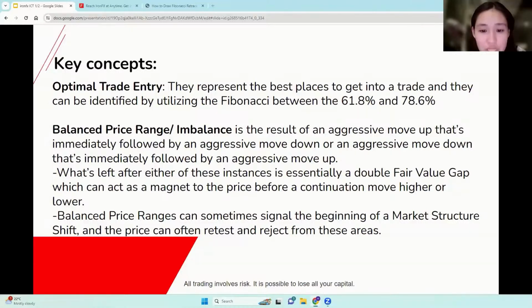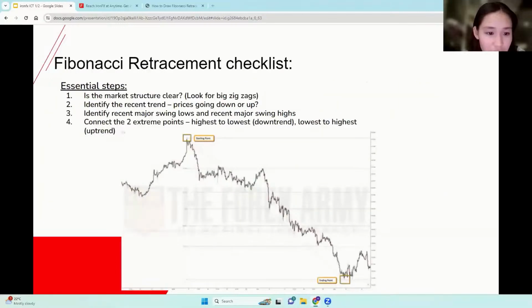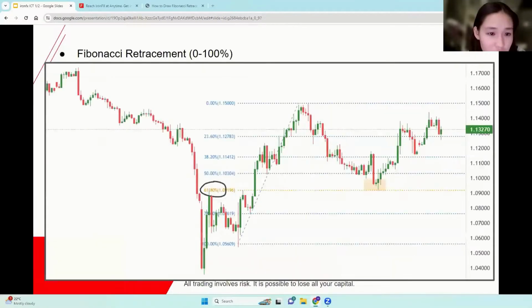For an uptrend, do we start the fib 0 at the bottom or the top? Okay, I'll show you in a bit. Do I have it here? Yeah, something like over here, we would draw your starting point here, and then your ending point would be here. So your 0% would be at the top.